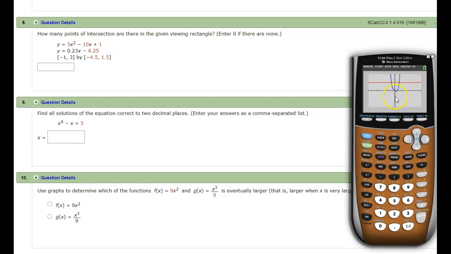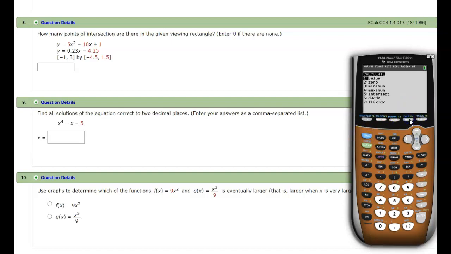I'll get something that looks a bit like a W because it's an x to the 4th. It starts up, so I should have it somewhat symmetric about the y-axis. It isn't because of the x term in there, but it kind of looks like a W, like an x to the 4th would. I want to find the intersection, so I need second